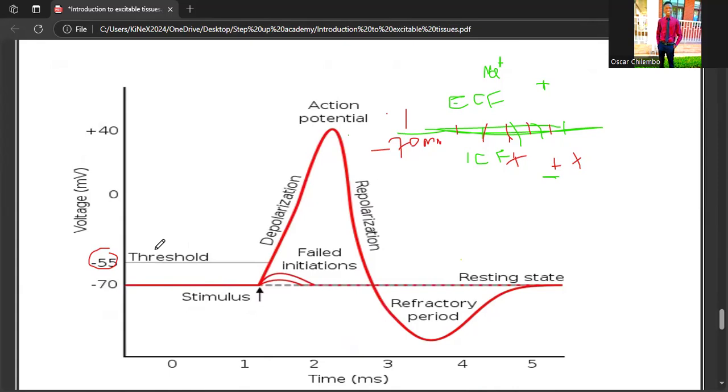So the voltage gated channels play a role in the fast influx of sodium inside the cell. Influx is just the movement of sodium rushing inside the cell. Once it reaches -55, we call this the threshold. At this threshold,